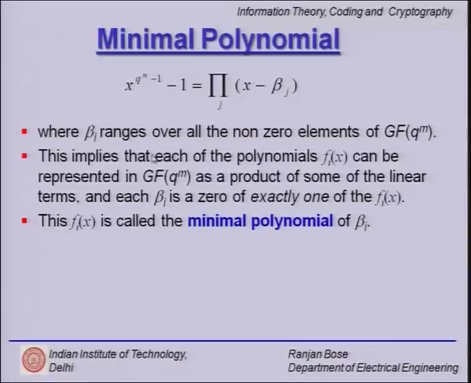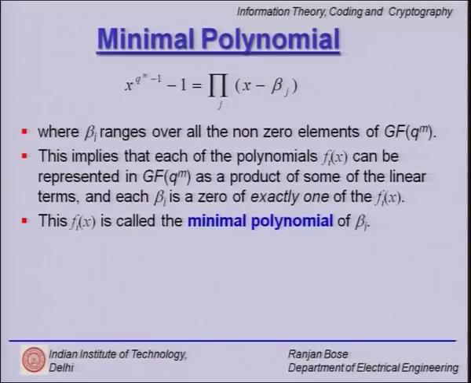and we have found out that each of the polynomials f_i(x) can be represented in GF(q^m) as a product of some linear terms, and each beta_i is a 0 of exactly one of the f_i's. So, please note that this left hand side is written as factors, and some of them correspond to the minimal polynomial, right. So, if you want to look at it a little bit more carefully,